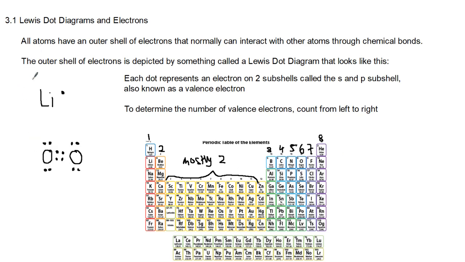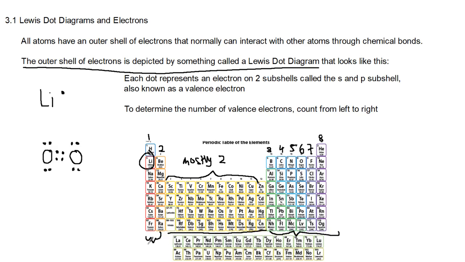So the outer shell of electrons is depicted by a Lewis dot diagram. It looks like this. It's the atom and then one electron, because lithium has one electron in its outer shell. Each dot represents an electron on two subshells. They're called the S shell and the P shell. You can find the S shells right here, and you can find the P shells right here. And every atom right here has the same S shell as this,